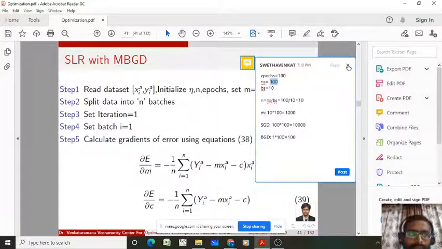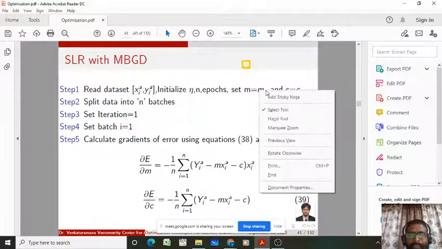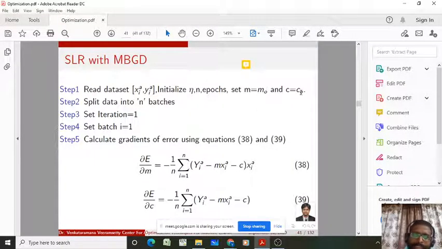Right? So I want to discuss the step-by-step procedure of the algorithm. Now see. The first step is we have to read the data set which contains the one input and one output. Later you have to initialize eta, the learning rate, and n, the number of batches, and epochs, how many iterations you want to run, and initialize the model parameters with some random values m0 and c0.